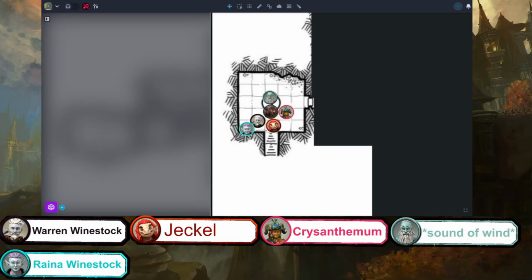Or, excuse me. You did hit with... Hold on. Let me figure out Shillelagh. Shillelagh is a little busted now that I know it. Since you attacked with a weapon, you can use your bonus action attack to swing with your sickle.